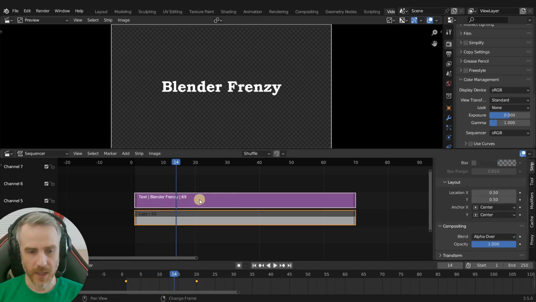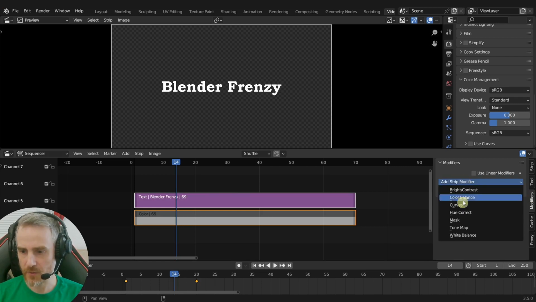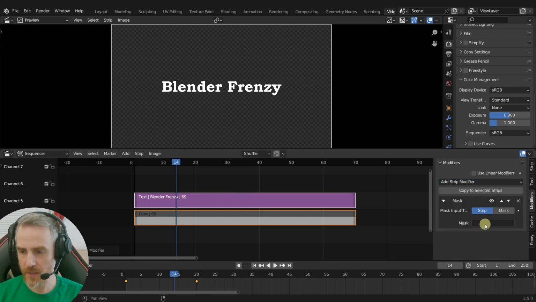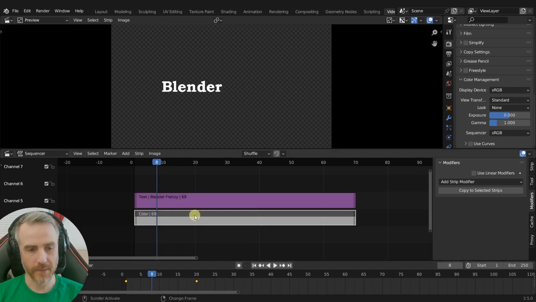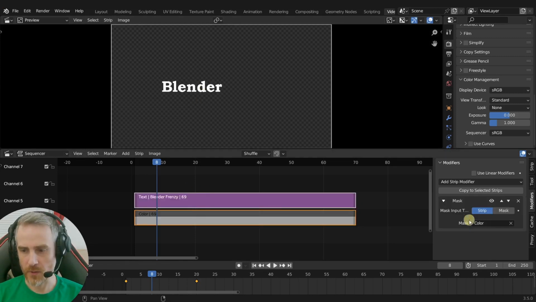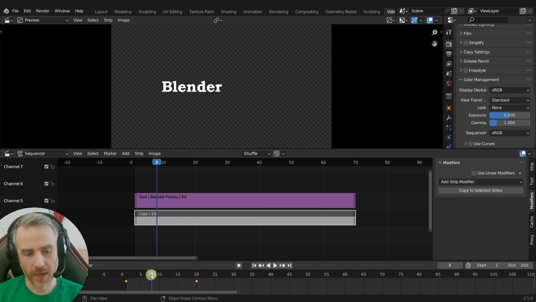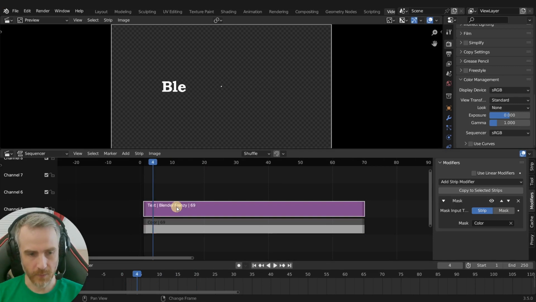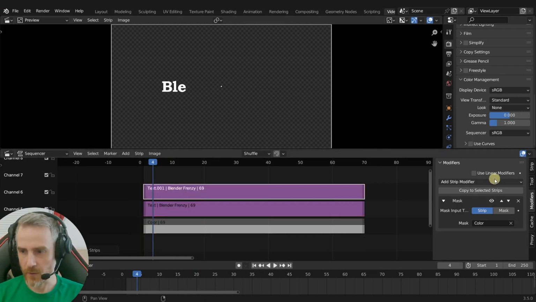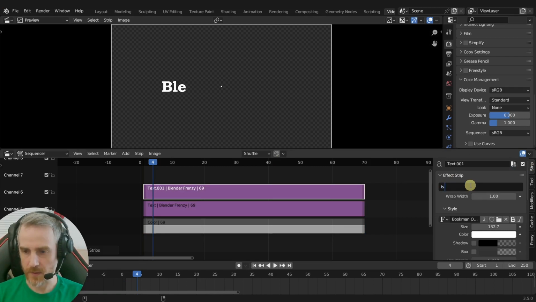But we need to select our text, go to modifiers, and then add strip modifier mask. And if we have strip selected here, and then we can choose our color, now you can see if we scrub through the timeline, wherever that mask is, as long as it's full white, which it is, it's going to show whatever is using the mask. And this method is nice because you only have to add keyframes on the mask, and then anything else you bring in,